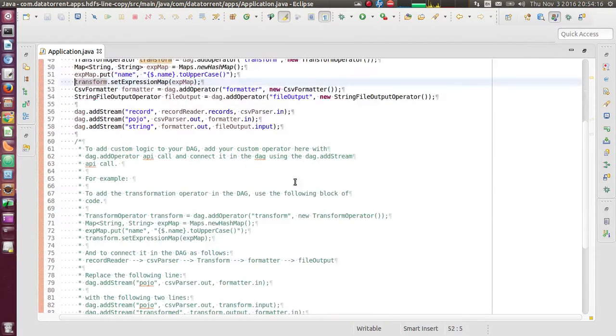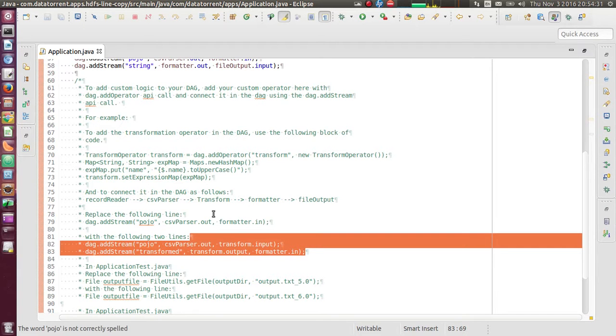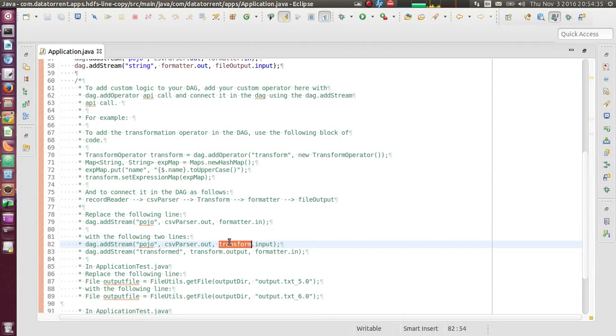As a next step, it says that we need to break this particular stream connecting CSV parser and formatter and add two streams, one connecting CSV parser to transform and another connecting transform to formatter.